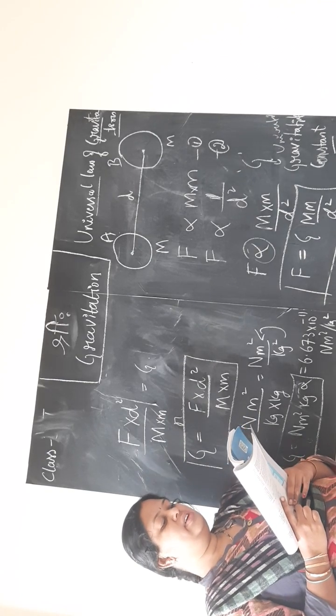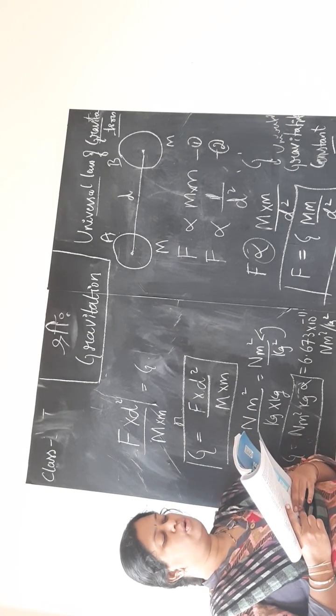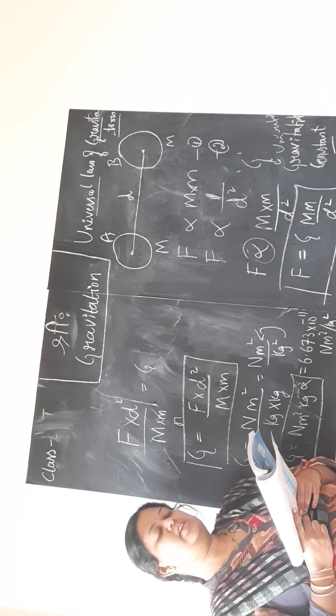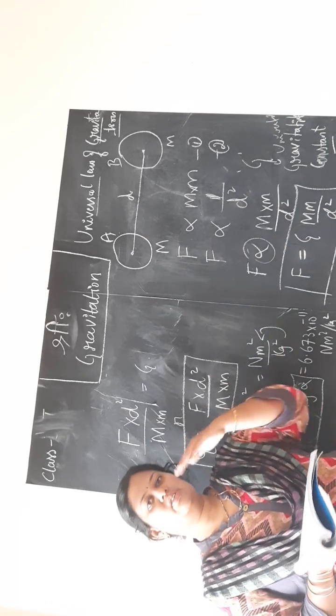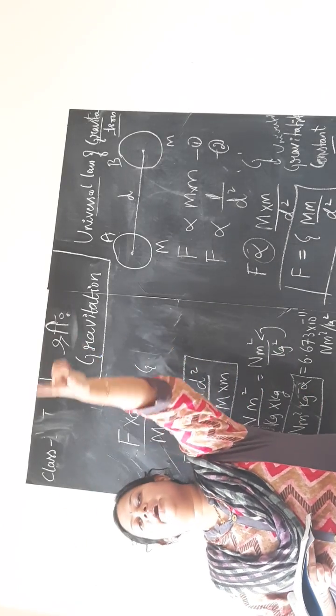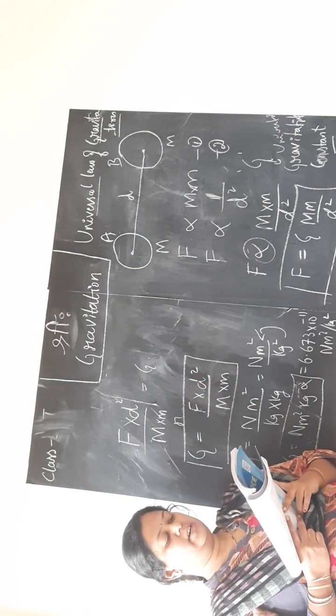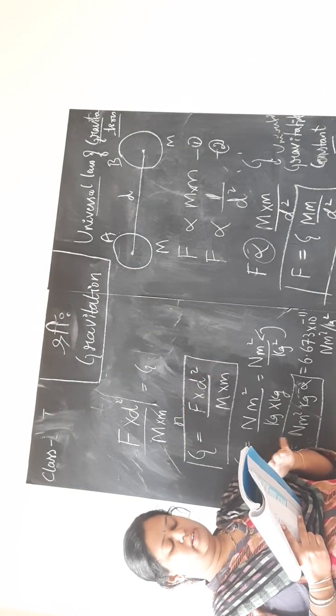The law is universal in the sense that it is applicable to all bodies, whether they are big or small, whether they are celestial or terrestrial. Universal means on the earth, wherever you go and do the experiment, you will get the result. That is universally accepted. Inverse square law, they have explained that you can